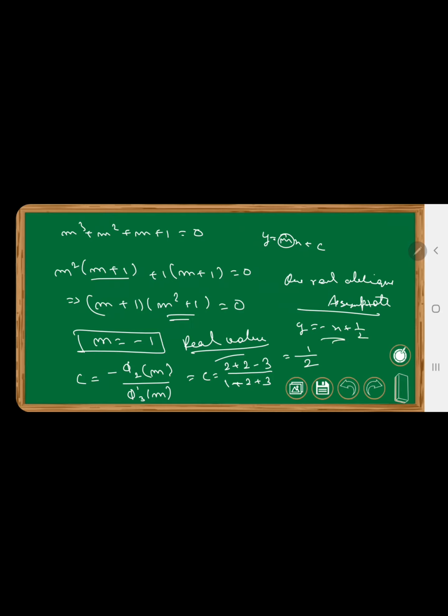Clear? Always remember the number of asymptotes will equal the degree. Now let me tell you one more thing which we have not encountered in this problem, but you might encounter in your paper: if there are repeated roots of this equation, then what will happen? Putting the value in this particular formula will yield you the same value of c. So it will yield the same equation for m, but you need two different equations for the same value of m. Am I getting to the point?